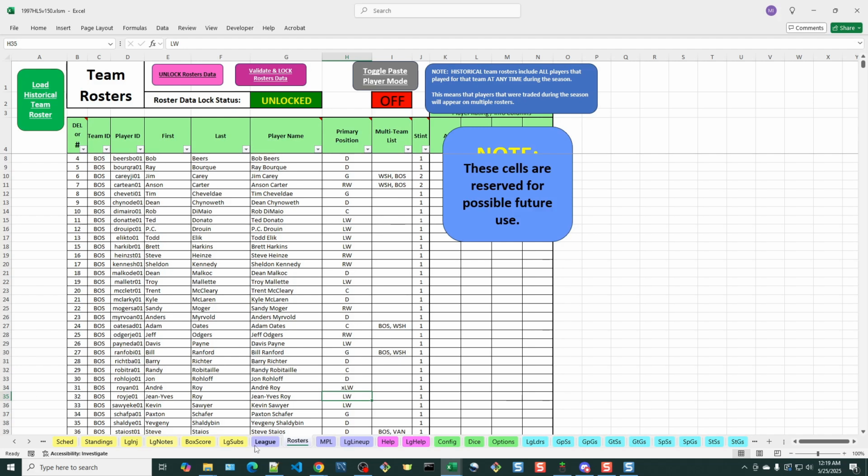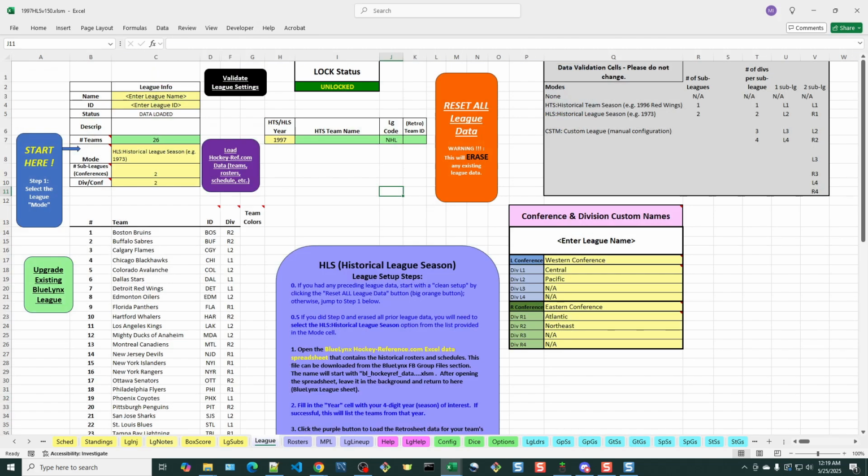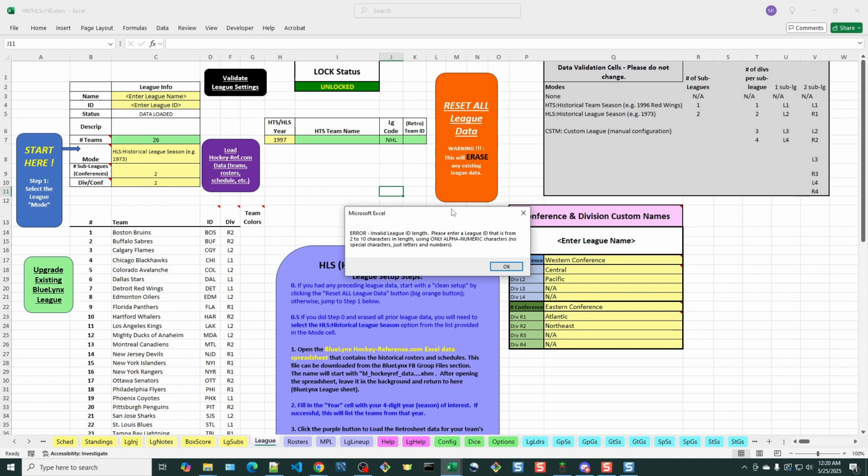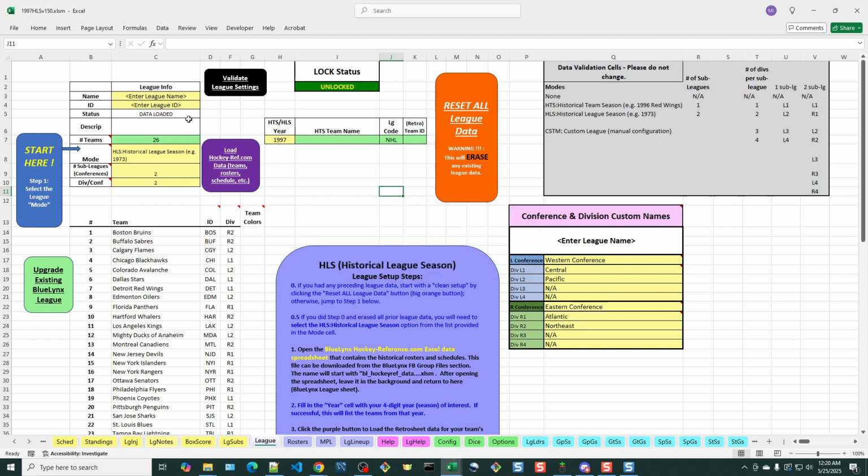So now let's get back to moving on with the league configuration. Okay, now we're back here. It told us to click this validate league settings. We'll do that. It complains about the league ID because we didn't give it one. And you can also see right next to it we don't have a league name. So let's name our league